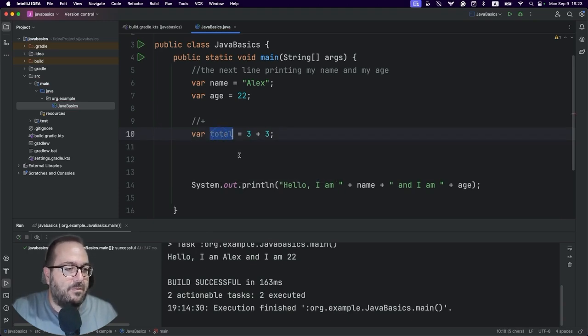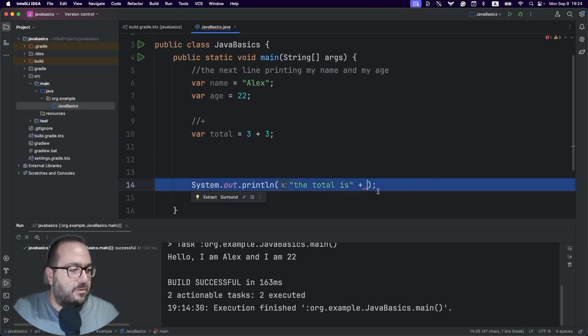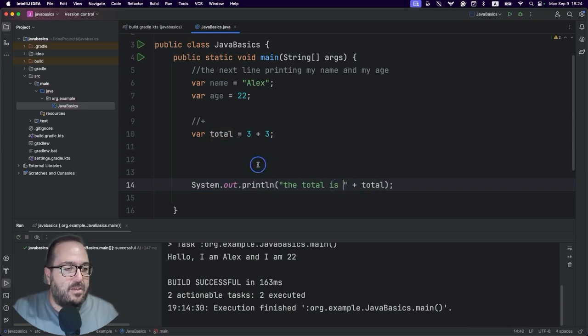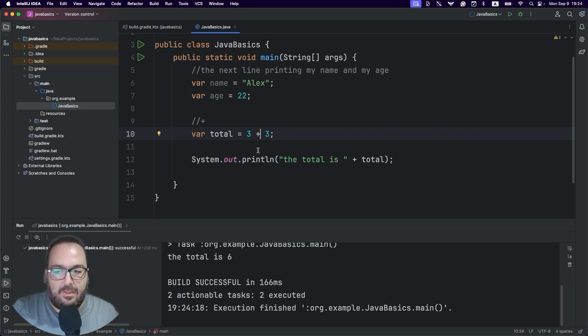If you use this var in the output text, the total is, and it's going to be total. Let's try this out. The total is 6. So the plus symbol is doing an addition.